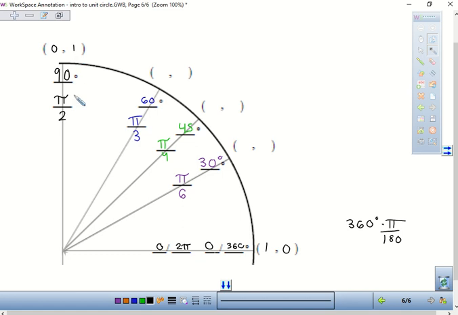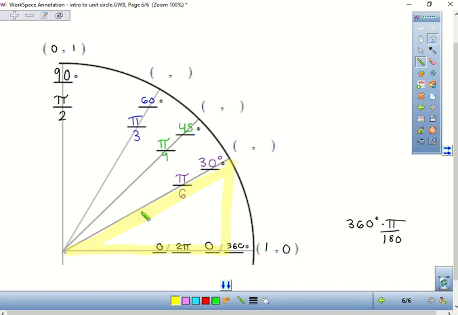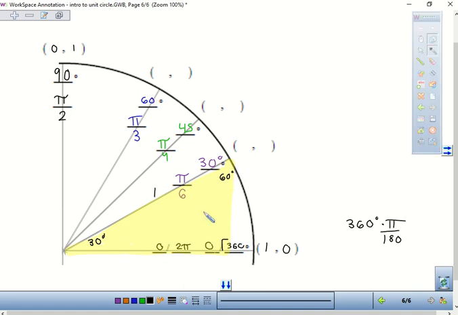Good job. Now the other ones are a little bit more tricky, but not too tricky. On the very first page, do you remember how we created a triangle here, and we showed how the coordinate has to do with the x and the y distance of that triangle with the right angle? This is a 30, 60, 90 triangle. If the radius is 1, what's going to be the horizontal distance? Radical 3 over 2. I'm just taking that triangle we did on the first page and reiterating it in here. The height is going to be